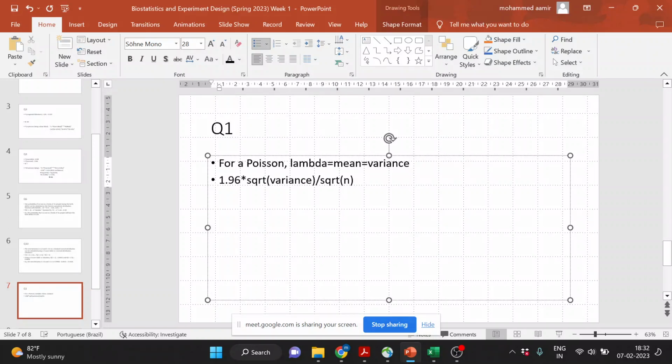So everyone got this formula, and this is the 95% confidence interval. For the lower 95% CI, you need to do mean minus this, and for the upper CI, you need to just add that. This is the formula. So let's calculate. So 1.96 into square root of